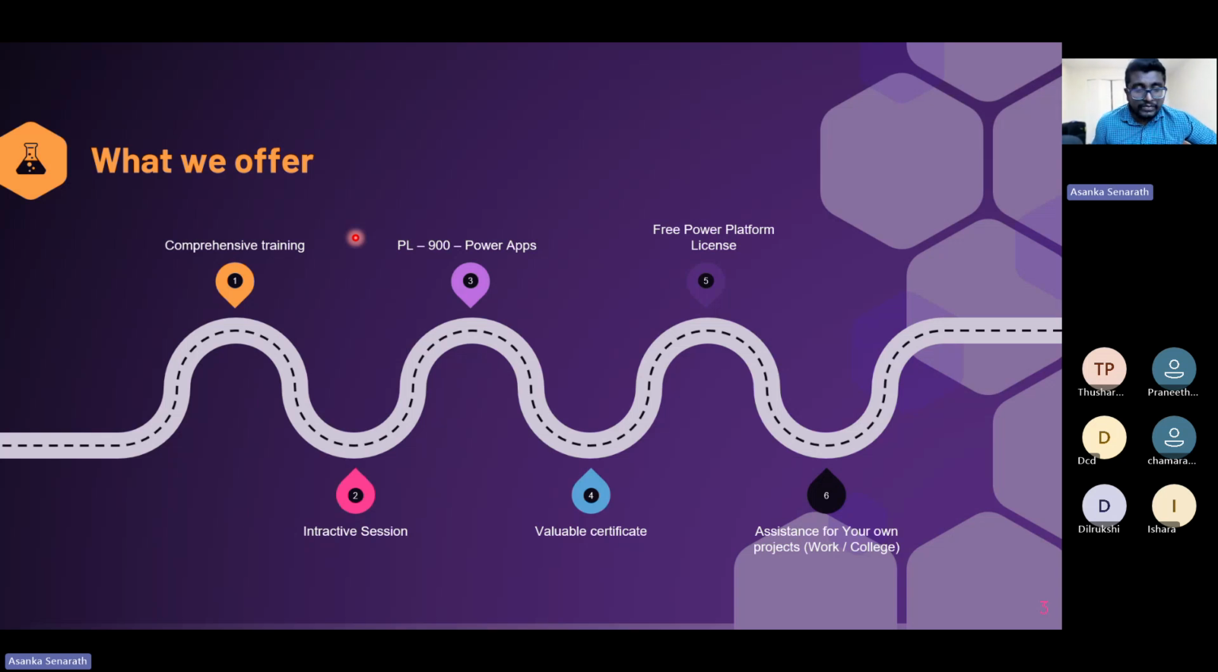Sorry, it's a Power App developer. You can be a Power App developer. And at the end of the session, you will get a certification. So you'll get two things actually. One is a participation certificate. Once you go through the course content, you'll get a participation certificate, and also we are providing a digital